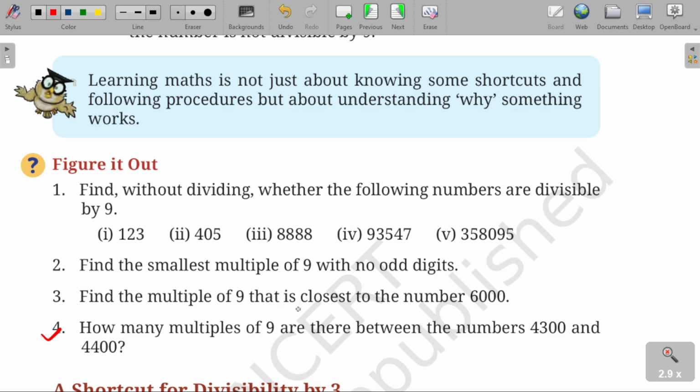Fourth question, how many multiples of 9 are there between 4300 and 4400? You need to find out the multiples of 9 between this. So 4300, see firstly, 4300 means addition of the terms will be, is, here it is 7. तो व्हाट मिनिमम नंबर टू बी एडेड टू गेट द मल्टीपल ऑफ 9? 7 में क्या ऐड करें? 2 ऐड करके 9 बन जाएगा, राइट? दैट मीन्स सबसे छोट मतलब इनके बीच में सबसे पहला तो ये नंबर आएगा 4309।